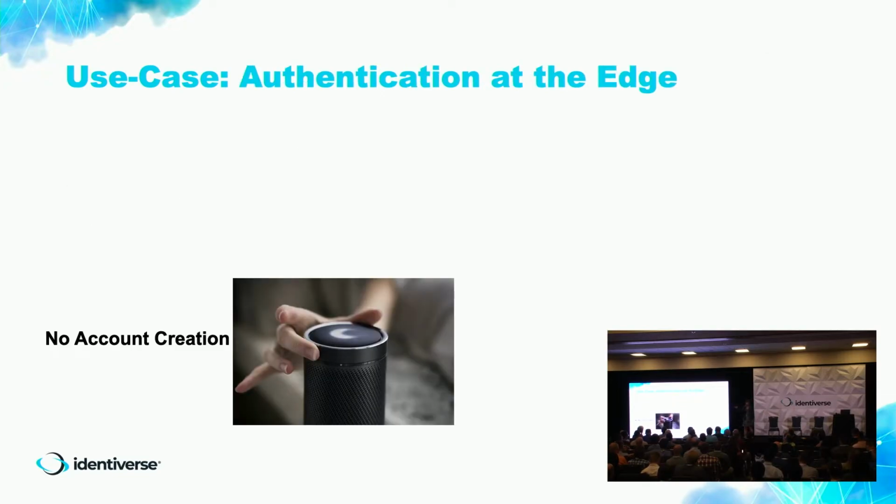No account creation use case also becomes possible. An interaction where, as a user, I want to access a resource. The verifier is asking me to present certain attributes. I send them, the verifier makes a decision to give me access to the service or not, and over there, it ends. No account creation. But then you have to find a relying party who's willing to do this flow without an account creation, because usually you would want, from a business perspective, right, an account with the user as a user relationship. So maybe smart devices authentication at the edge is one of those use cases.